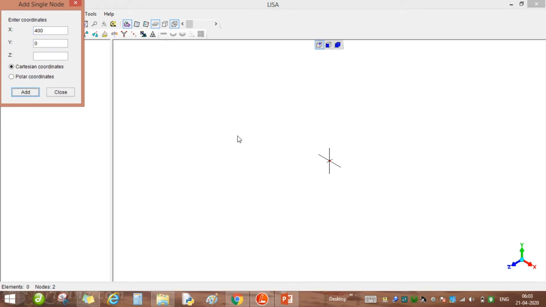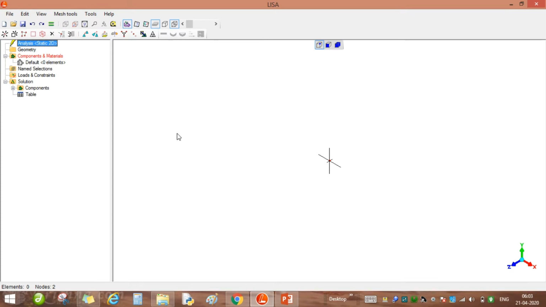Now here is another important part of FEM software. In some software we can select the units prior to starting our analysis, whereas in this software there is no concept of unit. We have to first decide what unit we are going to give for each parameter that we specify.